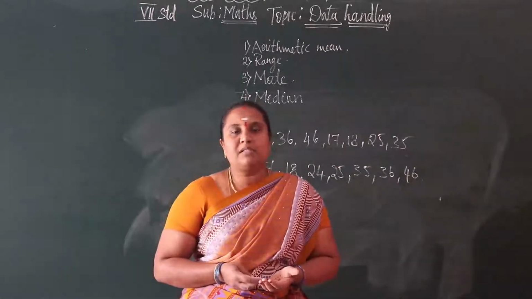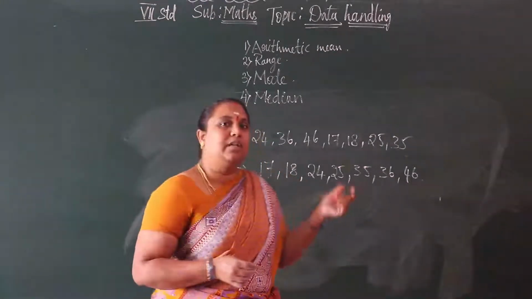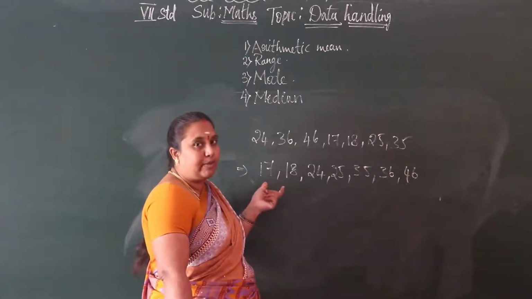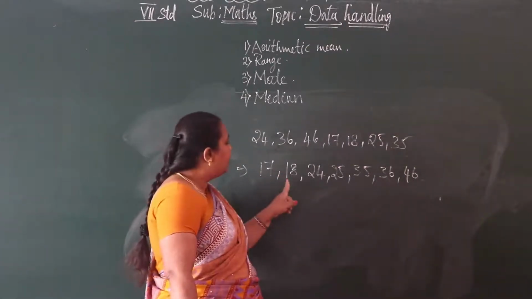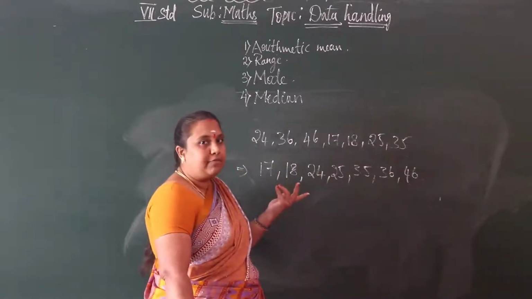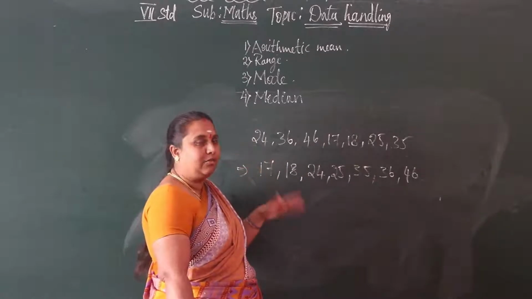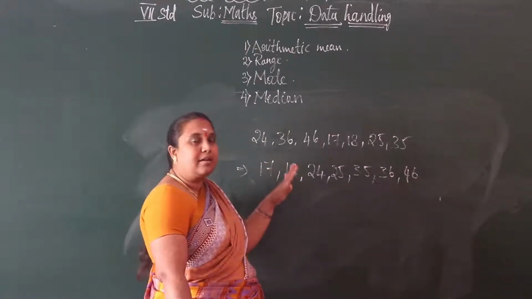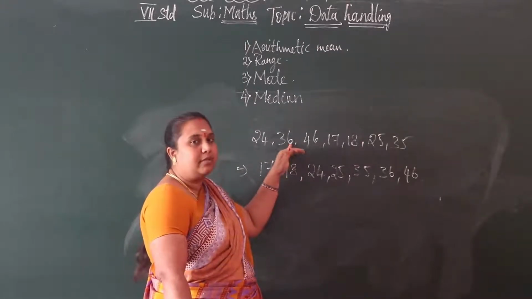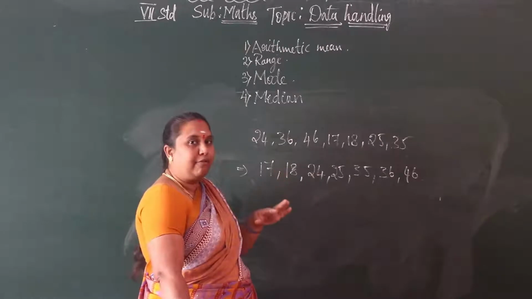With 7 numbers, the middle value is the median. So where is the middle value in ascending order form? Here also we have to count once. How many numbers of data are there? 1, 2, 3, 4, 5, 6, and 7. I didn't leave out any number from the data. If you leave one out, the answer is wrong. So count the numbers in the question once, and then count the numbers in ascending order form also.